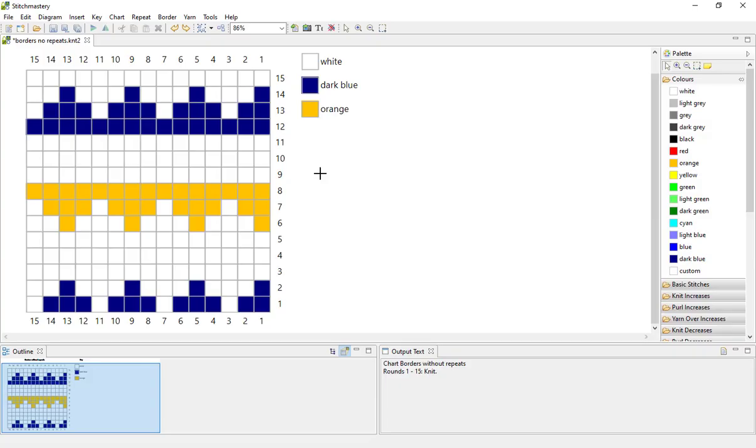In this video we're going to take a look at adding borders to your stitches in Stitch Mastery, so lines around stitches without any repeated stitches being involved. There are a few different reasons that you might want to use this. A couple of examples: you may wish to add a line to show where a marker should be placed, or